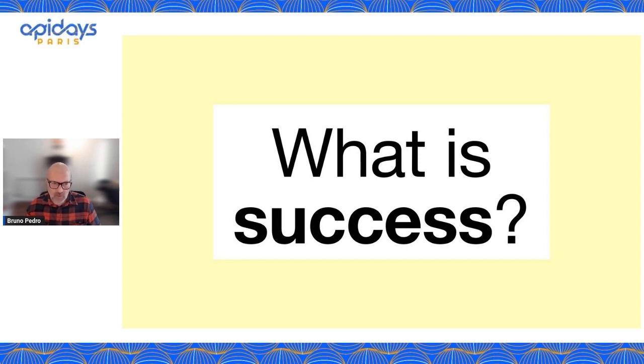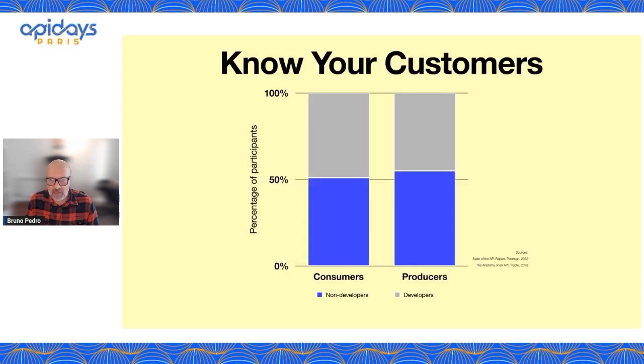Is it related to being able to generate revenue? Or is it something related to having a large number of customers? Or is it being profitable? Or many of these things together? Let's see. And let's first take a look at who your potential customers can be when you start building your API product. So if you look at this chart here,